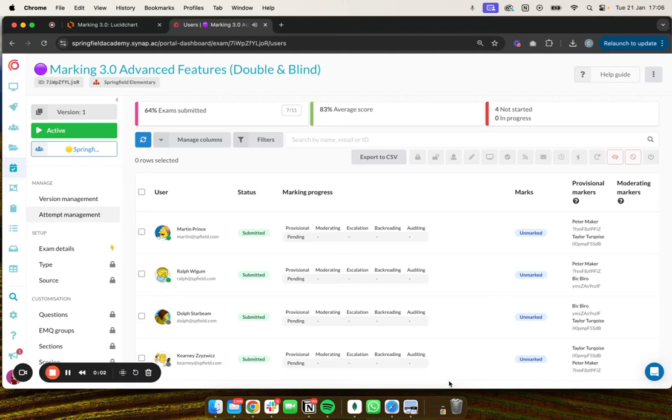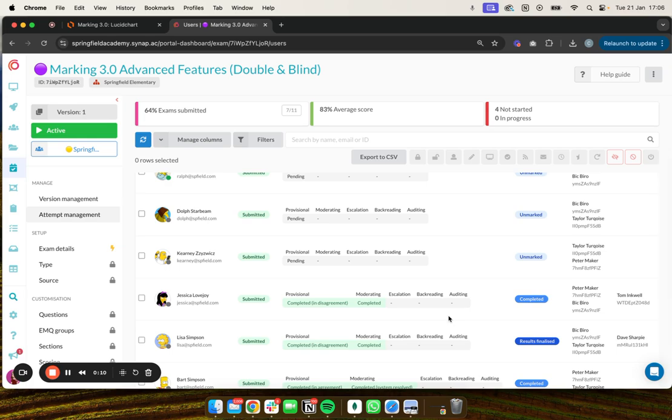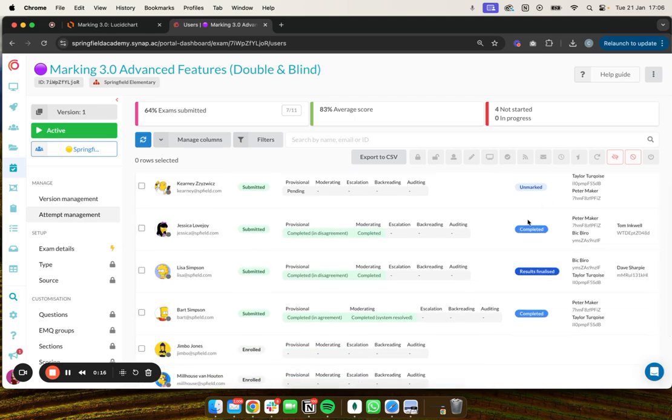In this video, we're going to go through Synap's resolution marking feature and how it works with provisional marking. Before we get started, let's have a look at how provisional marking and resolution works in an exam. So we've got a load of attempts here, most have been submitted, and we've got a few that have been